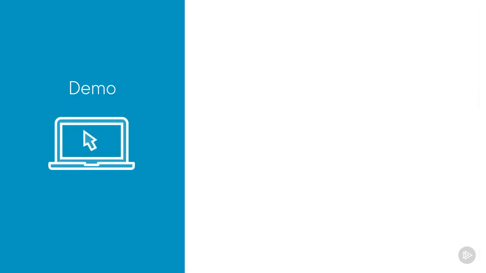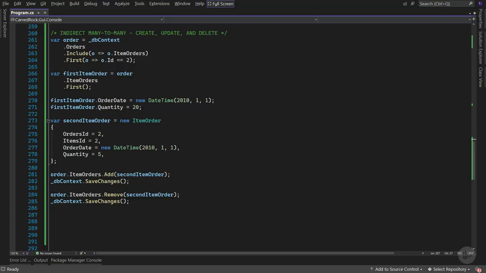Now that we've created an indirect mapping between items and orders, let's see how we can use this mapping to create, update and delete relationships between the items and orders in our database. We're now back inside Visual Studio and we're looking at the program class of the console application. The first part of the code repeats what we previously did when we were working with skip navigations with payload,